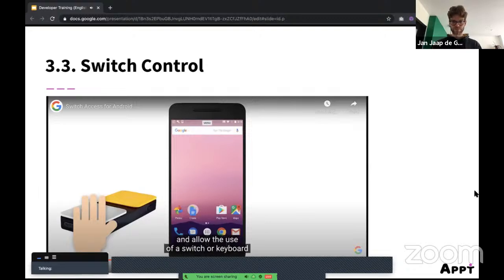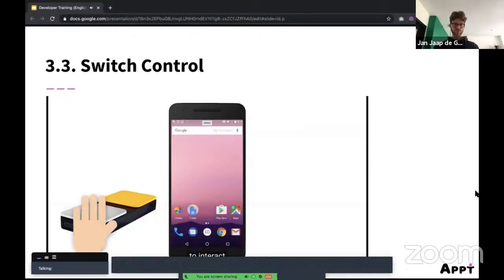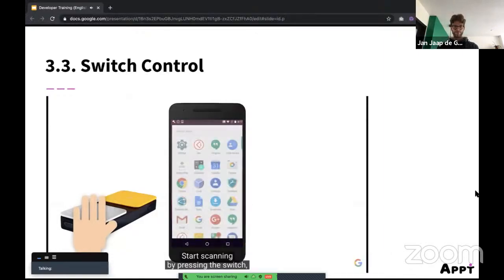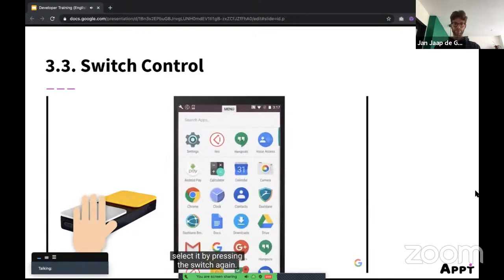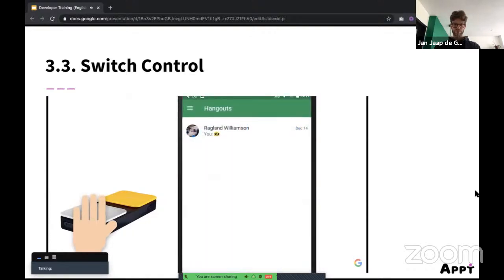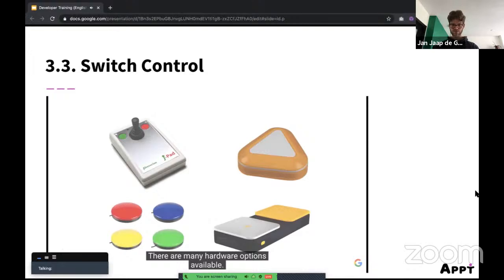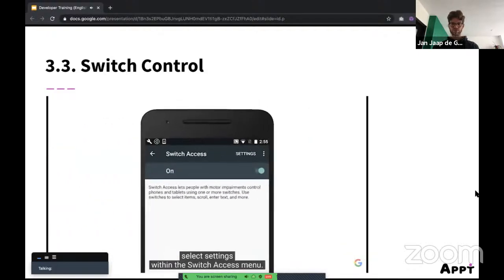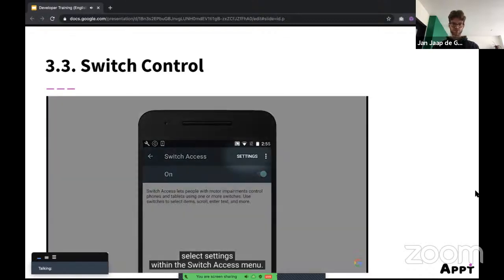Linear scanning allows the use of a switch or keyboard to interact with your Android device. Start scanning by pressing the switch, and once the item you want is highlighted, select it by pressing the switch again. There are many hardware options available. Choose what works best for you. To change options or access the setup guide, select Settings within the Switch Access menu.